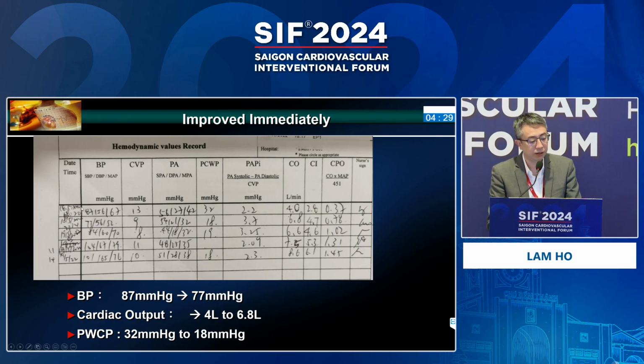Like this case, this is the BP after injection of Impella and with dobutamine. It's 80 something, CVP was 13, but the wedge is very, very high, 32. That's why you can see the lung was white out, and the cardiac output was 4, and this is a very important finding, CPO, cardiac power output. If it's less than 0.6, then that means very likely the patient is in shock, in hemodynamic compromise. So we calculate all these things with Impella, and then we see that this is not acceptable,